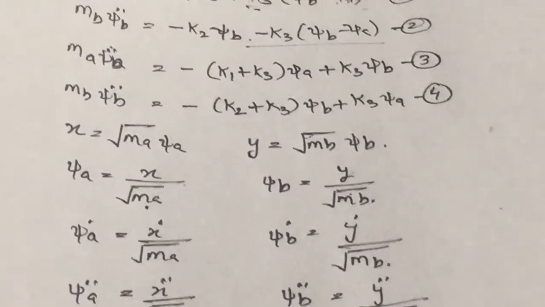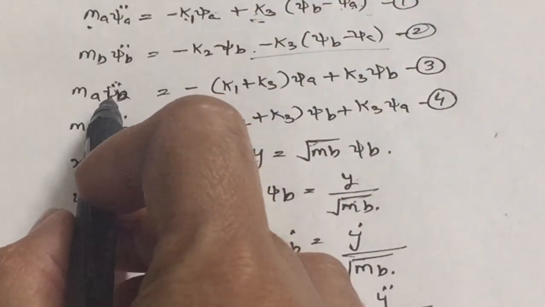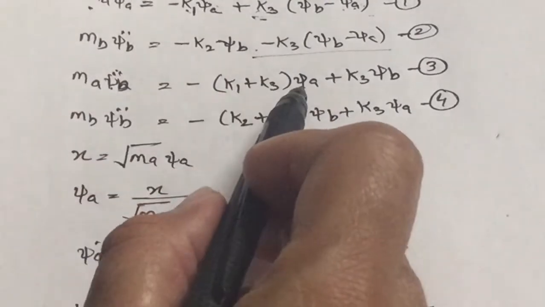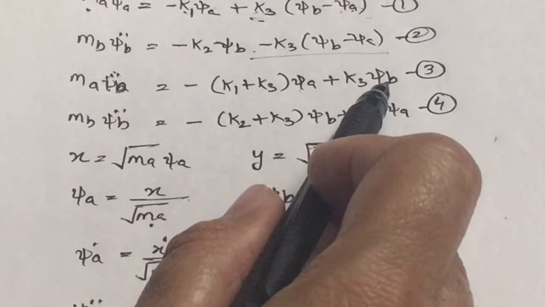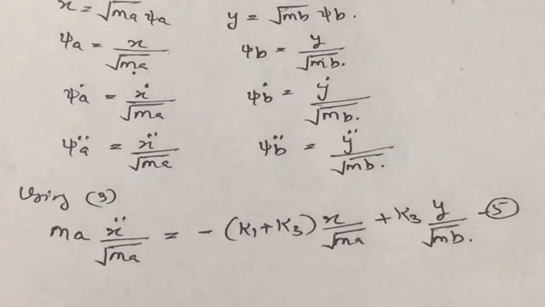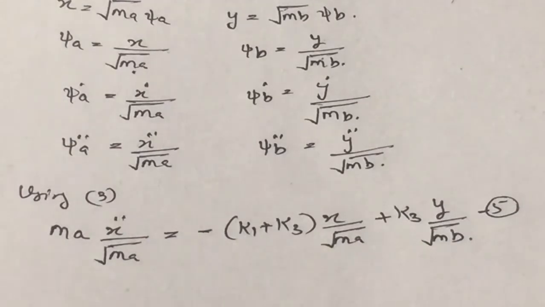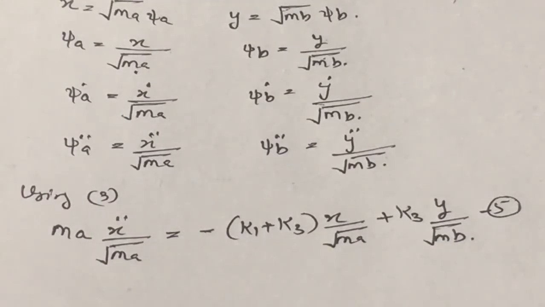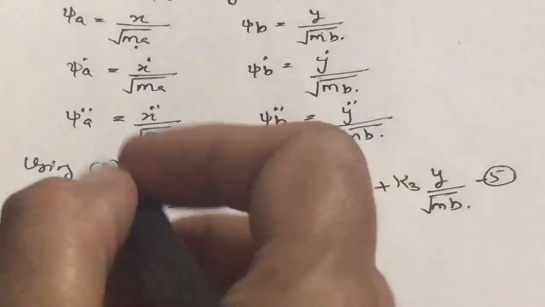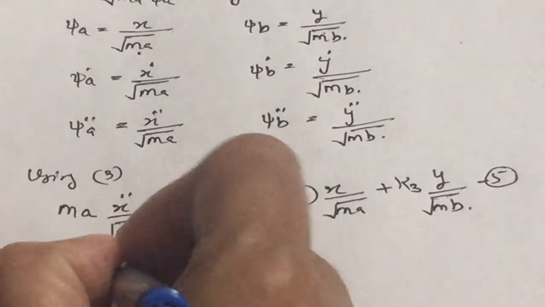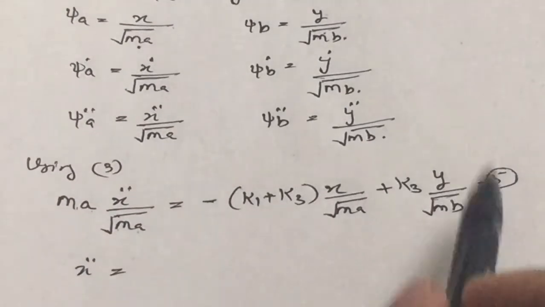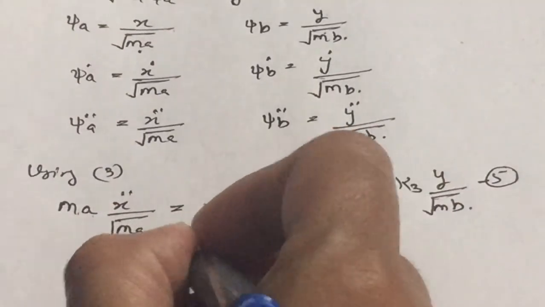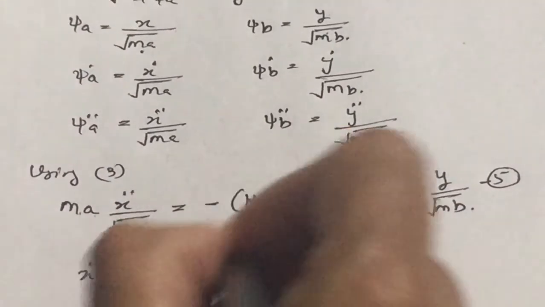Just what we did: instead of psi a double dot we are putting x double dot, and instead of psi a we are again using terms in x, and instead of psi b we are using terms in y. By rearranging all these terms, we will have an equation in terms of x double dot. We will have x double dot is equal to, moving ma and under root ma towards the right hand side, minus k1 plus k3 times x